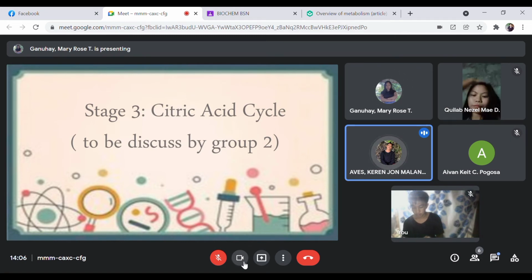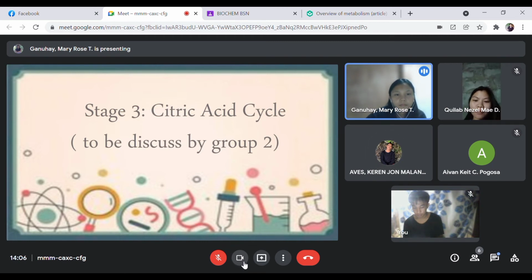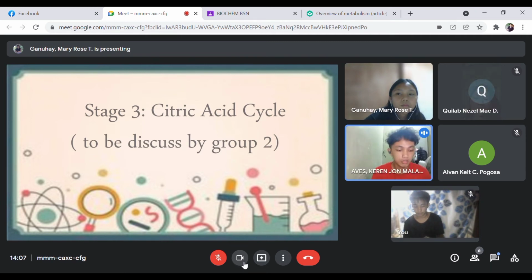After citric acid forms, it goes through a series of reactions that release energy. This energy is captured in molecules of ATP and electron carriers. The Krebs cycle has two energy-carrying electron carriers, which are NADH plus H plus, or nicotinamide adenine dinucleotide, and FAD, which stands for